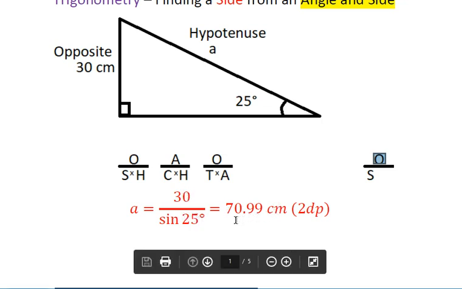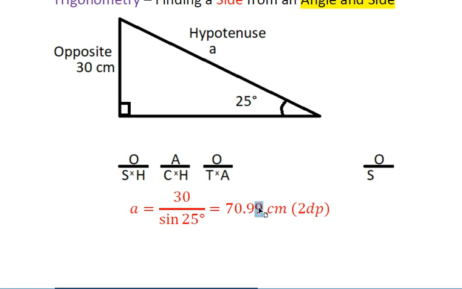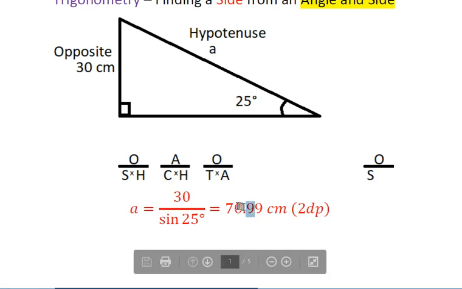And then you hit equals on your calculator and you get 70.99 centimeters to 2 dp. Now if you wanted to round that to 1 dp, that would actually be fine as well. What would happen is you could take this 9, and when the second dp is 9 or whatever it is, if it's 5 or more, then if you want to get rid of that and just have 1 dp, you'd have to raise this digit here up 1 more. In fact, raising it up 1 more, you can't, you'd have to go up to 10, right? So this in fact would be